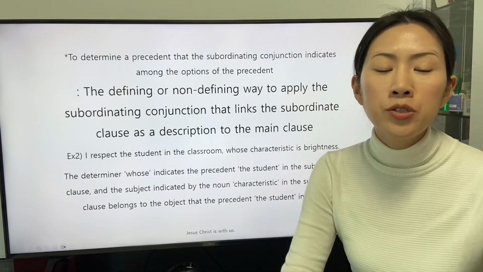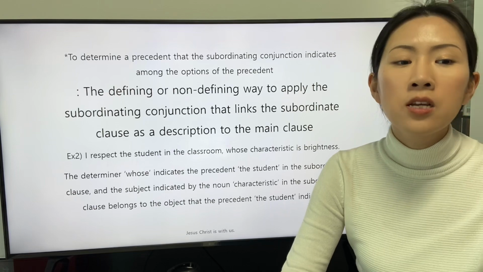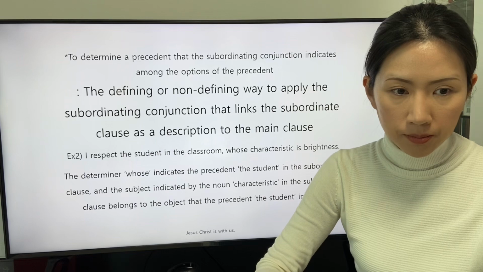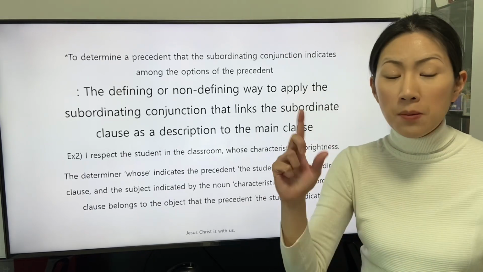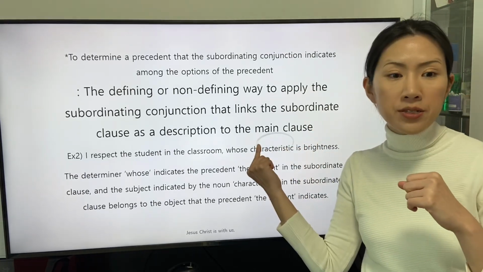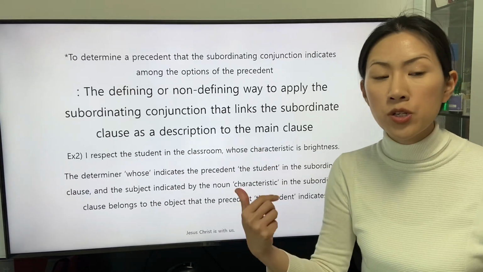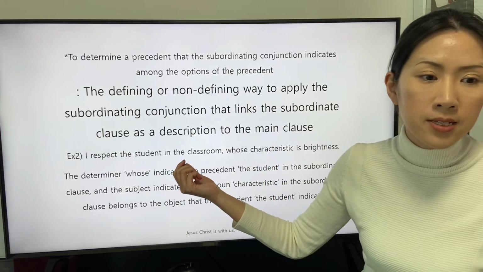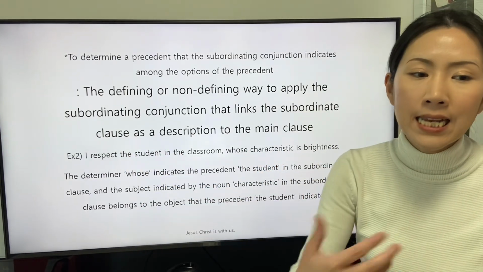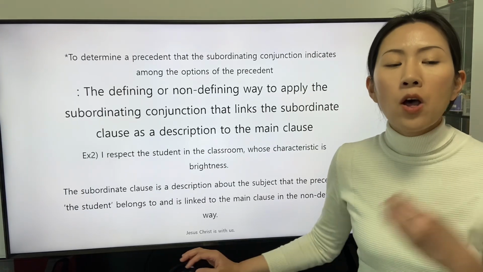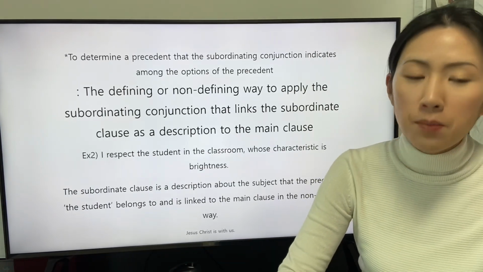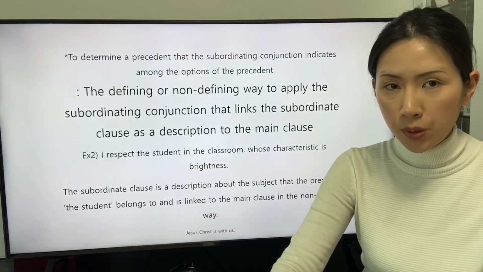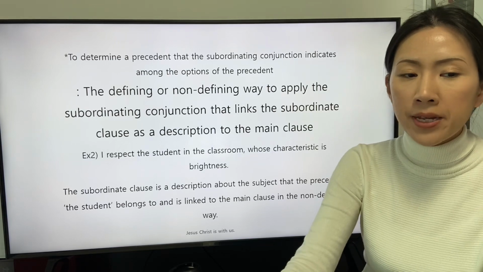The determiner whose indicates the precedent the student in the subordinate clause, and the subject indicated by the noun characteristic in the subordinate clause belongs to the object that the precedent the student indicates. The subordinate clause is a description about the subject that the precedent the student belongs to and is linked to the main clause in the